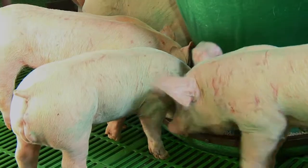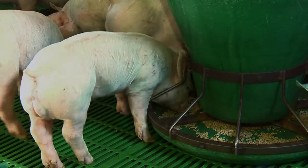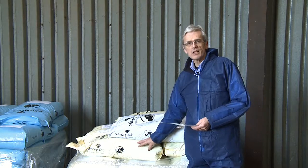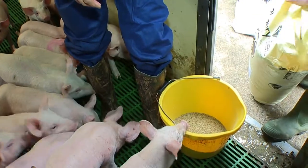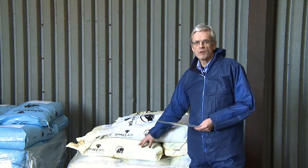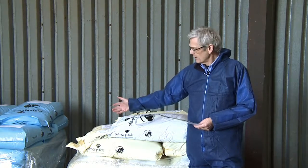Once feed intake is established though, it's important to move off that expensive diet onto something that's a little cheaper. And we can move from one diet, the digestible diet, onto a diet which is less digestible but more appropriate to the pig and is more palatable. And so we feed a quantity of that diet, usually something in the region of 2 to 4 kilos, before the pig is ready to move on to another diet which is slightly cheaper and less digestible,